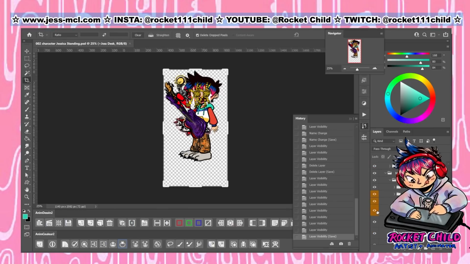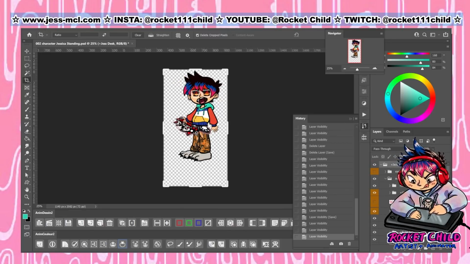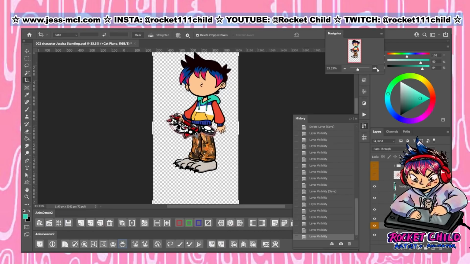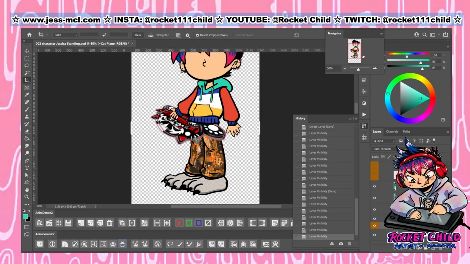Ooh, actually I do want to add a detail. Let's go back and take off all of these things. So what I have is my cat piano layer here. Before it was sitting on my lap as I sat in the chair, but now it's just floating in the air, so it looks a bit weird. Just gonna put